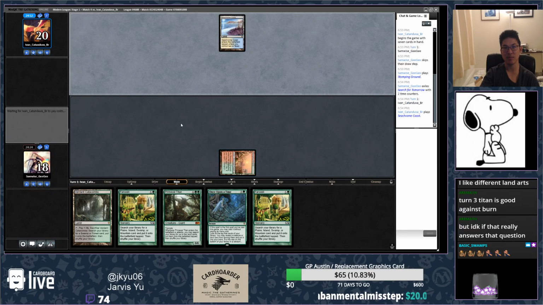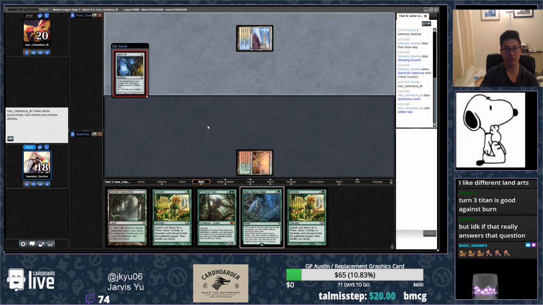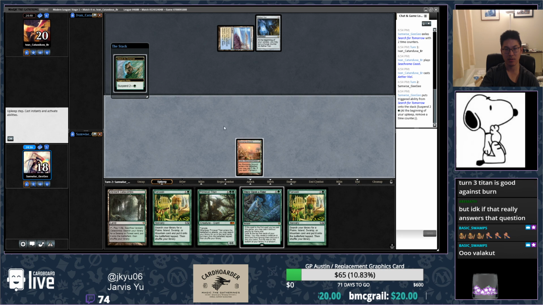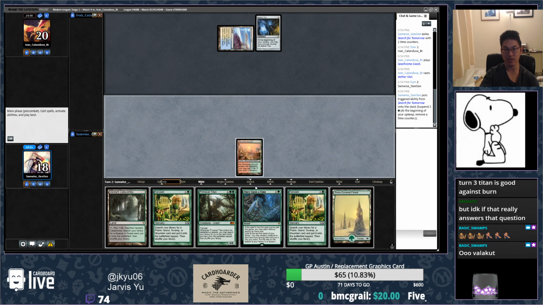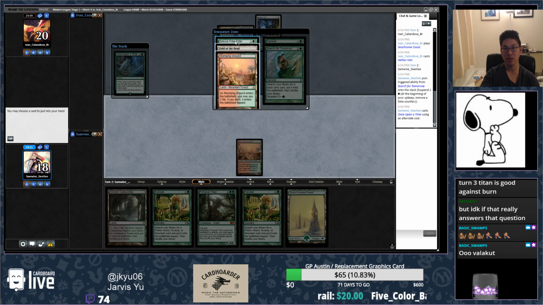So basic swamps. Humans, probably? Alright, it is humans, in fact. Probably going to cast this once this turn. Probably just want to pick up a land. Probably field is better than... Well, actually, if I take the Elder...